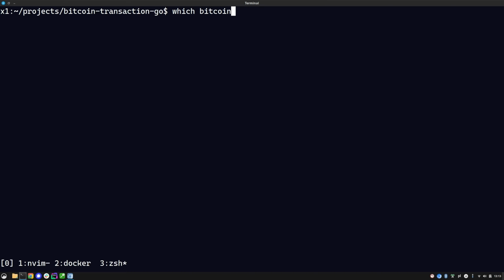Which Bitcoin CLI? You can install it using Homebrew, and this way you will end up with 2 installations of Bitcoin Core. But this is a sacrifice I'm willing to make, because the program is pretty small. And we need to define